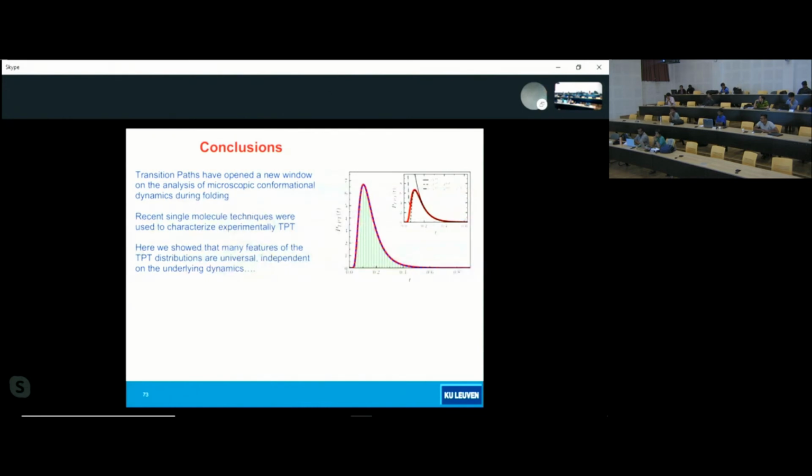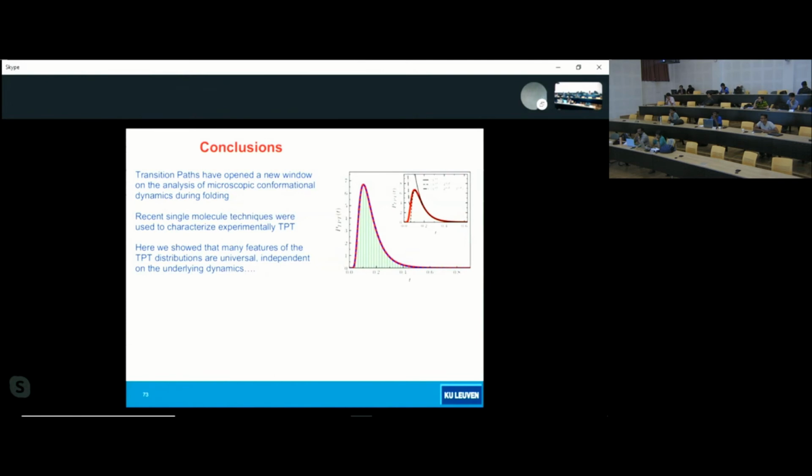Actually, this transition path time distribution, as I said, is very much independent of the underlying dynamics. When we studied, for instance, non-Markovian effects or colored noise and so on, we see that this modifies the distribution only at the beginning, at very short times, where the statistics, where these probabilities go to zero, are not really measurable. Even when you put in noise with a power-law kernel, you see that it's still exponential at long times.